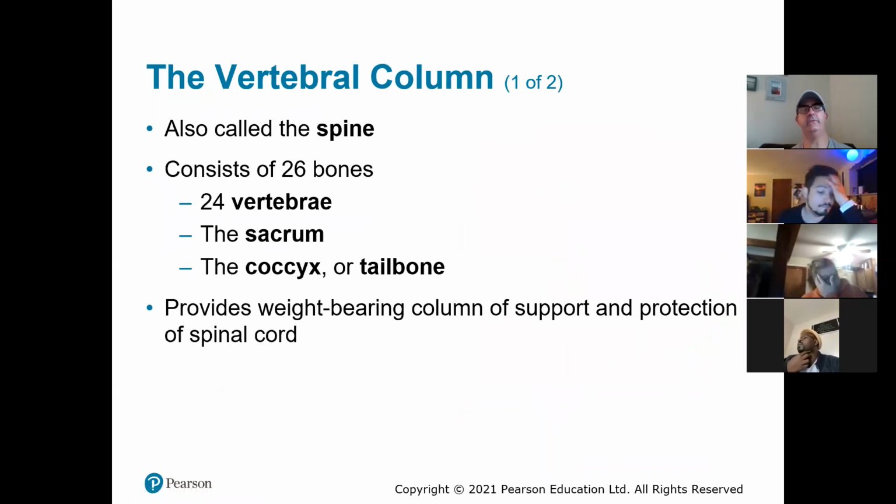And then we get to the vertebral column, right? The vertebral column is 26 bones. There are 24 vertebrae. There's one bone called the sacrum. And then there's one bone called the